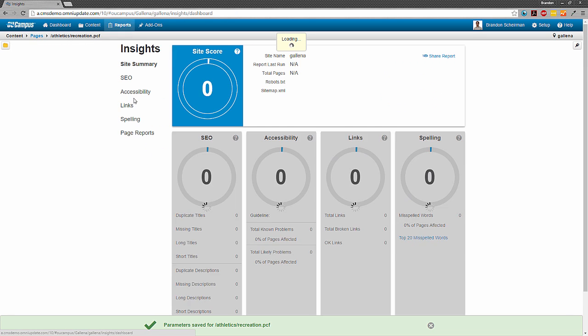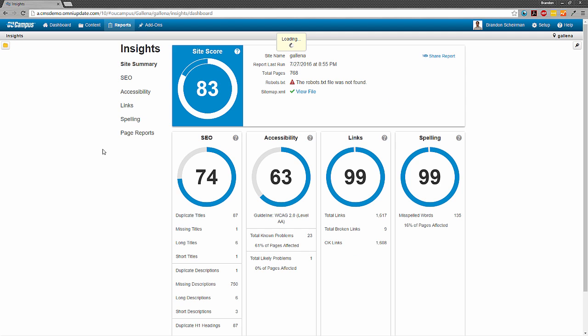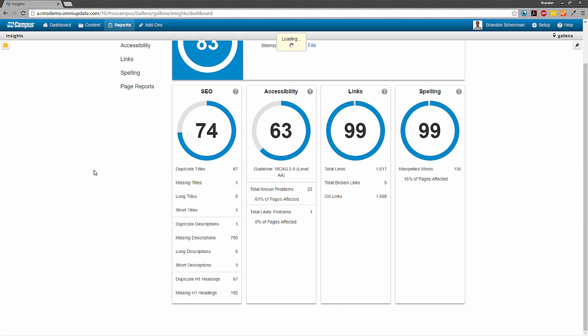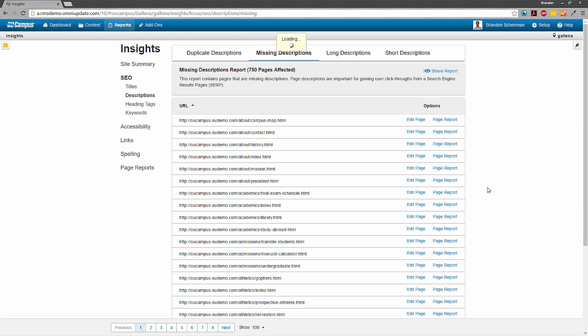All right. So going back to OU Insights, that essentially wraps up everything that you can see from within the interface here. Just as a quick reminder, we have the ability to share all of those reports. Each one of these sections here will contain the individual reports that Insights is actually running. And also, from within this site summary screen, you can actually go straight to one of those particular reports. Say I wanted to immediately go to missing descriptions, I could just go under the SEO section, click on missing descriptions here, and it's going to take me directly to that page. And that pretty much is what we've got going on from at least the perspective of being inside OU Insights.